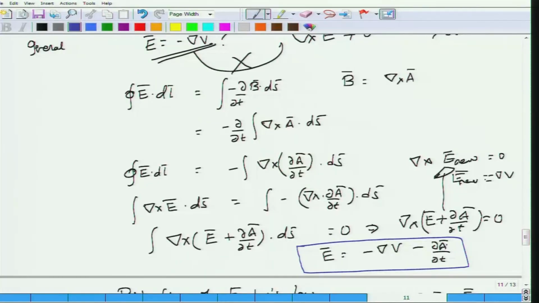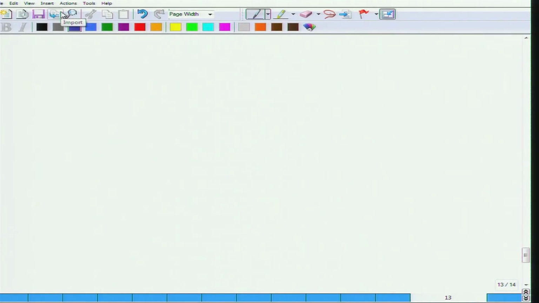Okay. So you have a time independent parameter and a time dependent parameter. When there are no time variations, when there are no magnetic fields, you will have only the gradient of the potential. When there are magnetic fields, obviously this would not be the same thing. Okay. So this is about the electric field in general in terms of the potential. Okay. So let us consider one example of point form of Faraday's law, and then we will stop discussing Faraday's